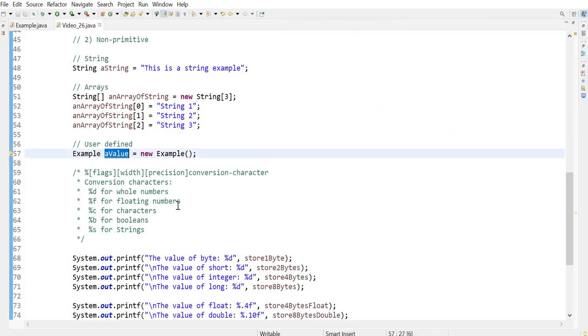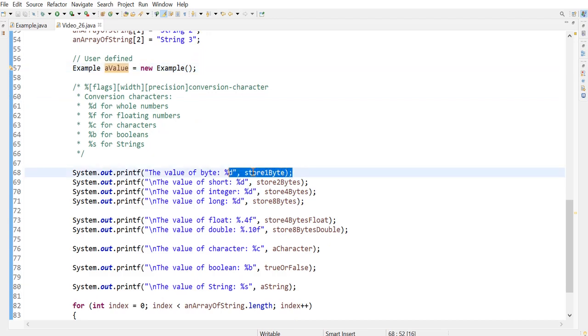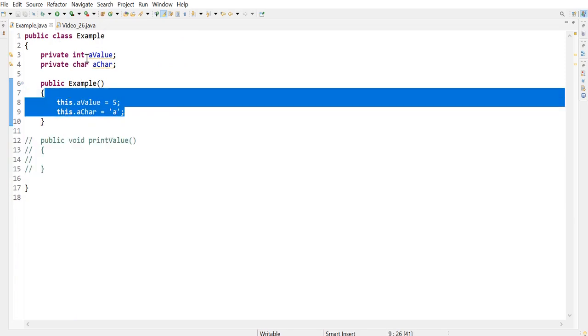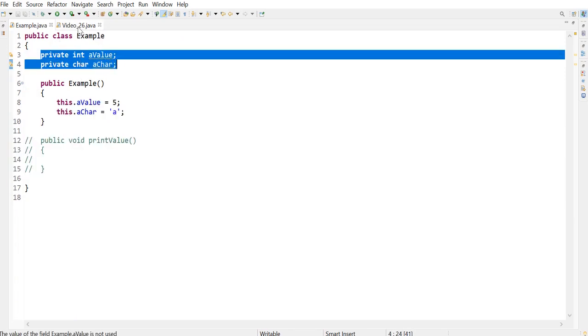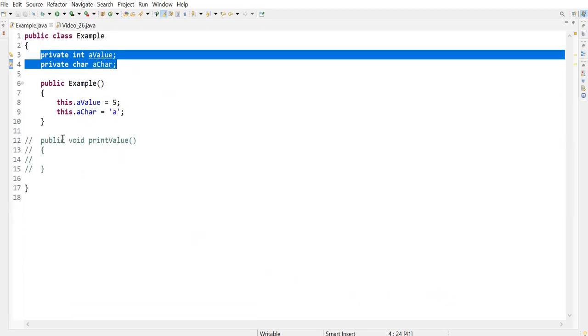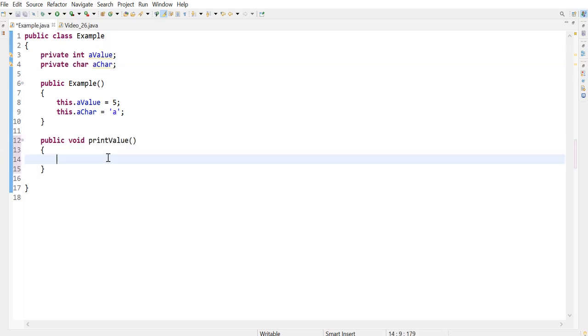Now, how do we display the values of our user-defined one? So then I can use or repeat some of these inside my class. So what I can do is, because I can't access these values, these were private variables, they can't be accessible from outside this class. So I can have a method, which I wanted to write earlier, called print value, and I can display the values,